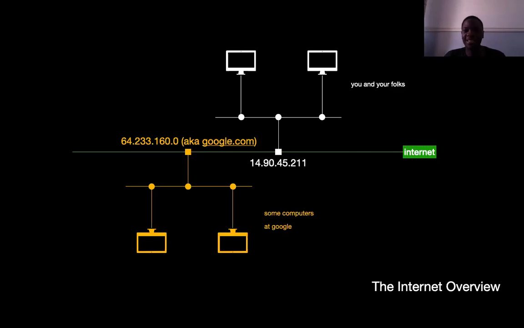So, to solve that problem, that IP address is assigned an alias, or a domain name, google.com, which makes it very easy for you to talk to the computers at Google, or that network in Google, to be able to get information from them.